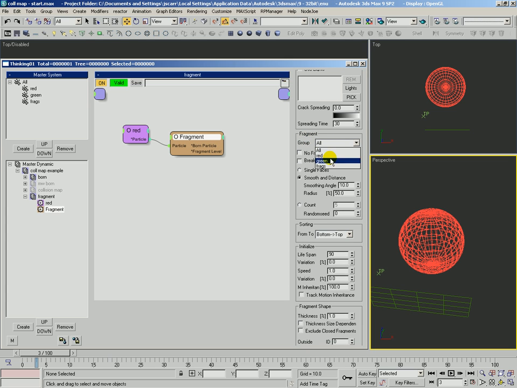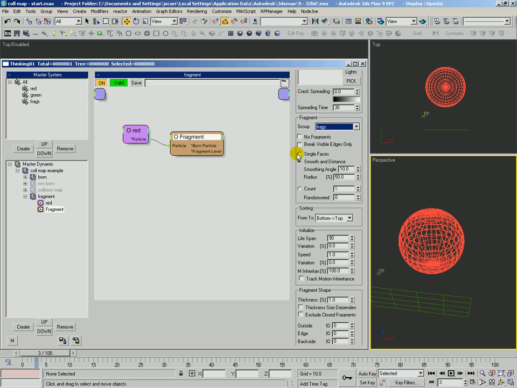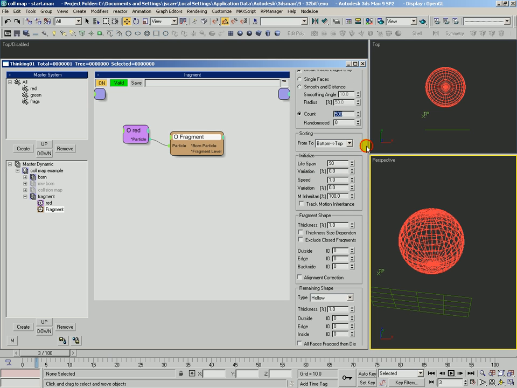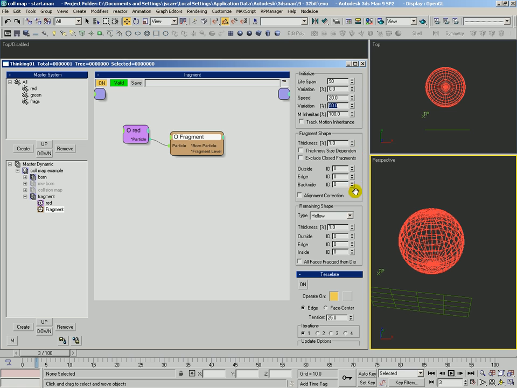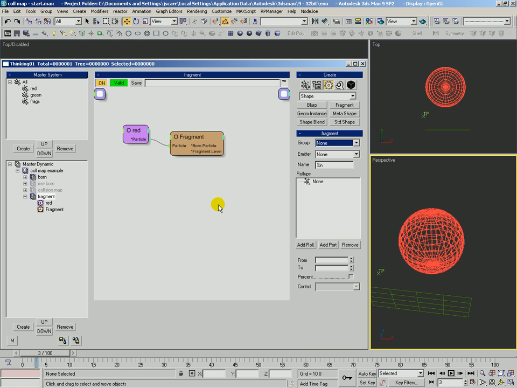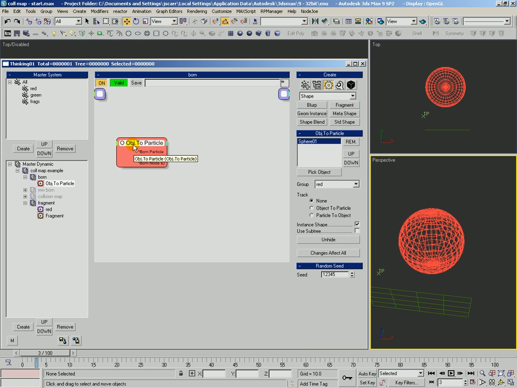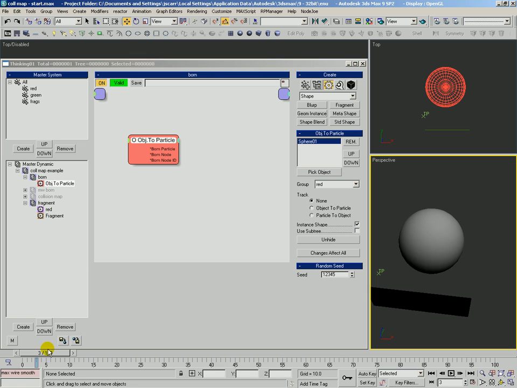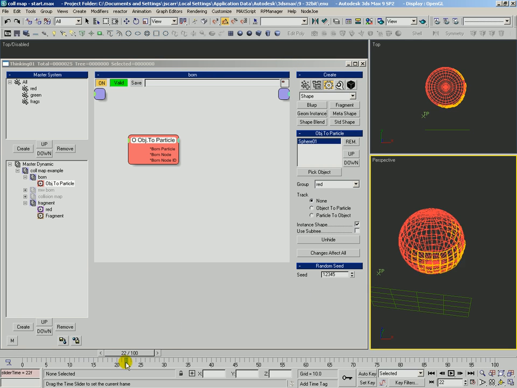We want the fragments to be born into the frags group, and we're going to use visible edges only. We'll set a count of 500, and let's set their speed a little bit higher there, 50% variation, and all the rest of this should be fine. And just to double check, our object particle, the sphere, we're using an instance shape, so it's going to use the UVs from that previous shape. And what we should see is